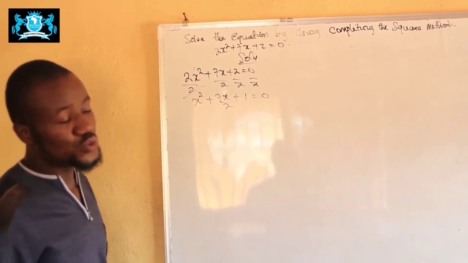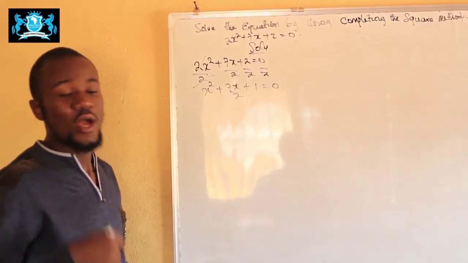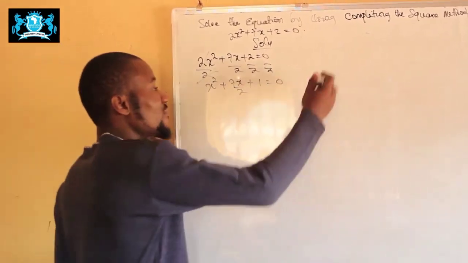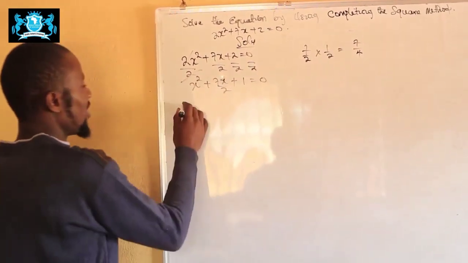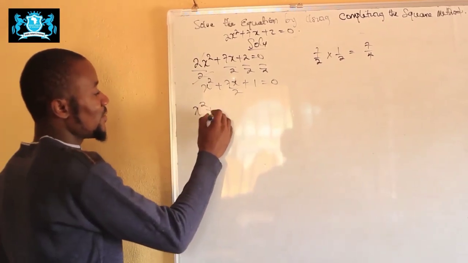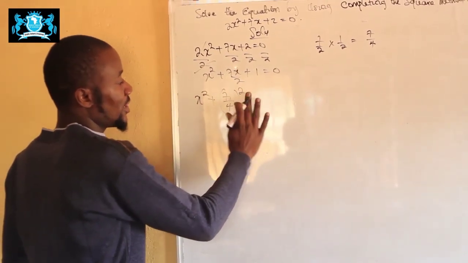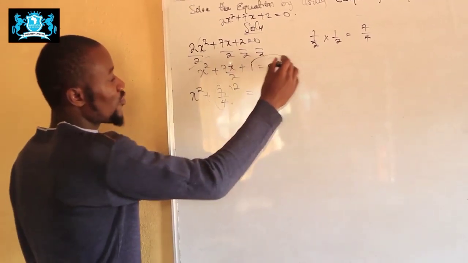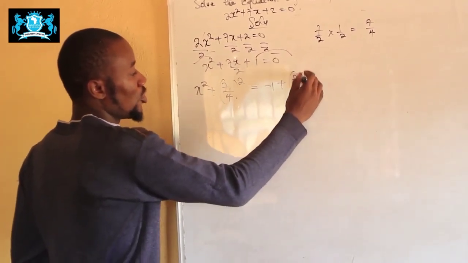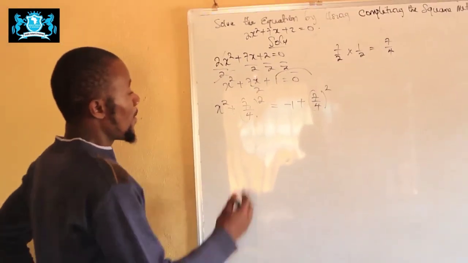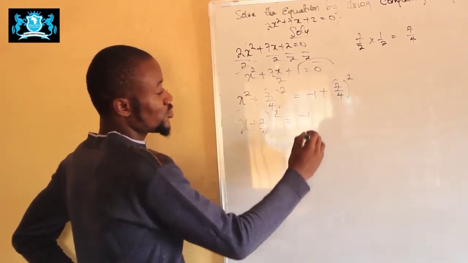Now, the next step is to find the coefficient of x. The coefficient of x there is 7 over 2, and you multiply it by half. When you multiply 7 over 2 by half, you have 7 over 4. You now have x squared, you now add it to both sides. x squared plus 7 over 4 all raised to power 2 is equals to, we have to move this one over, changing to minus 1, plus 7 over 4 all raised to power 2. So we now have x plus 7 over 4 all raised to power 2 is equals to minus 1